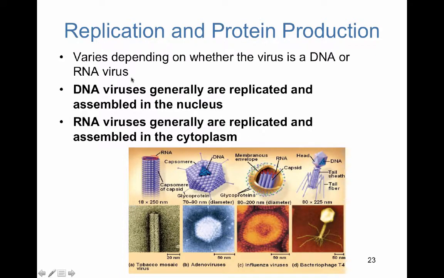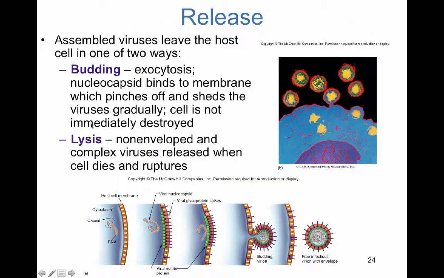So you might be wondering why this is the case. Well, remember, there's an added step here, right? For DNA viruses, you need to convert DNA to RNA first in order to synthesize protein. So you need the RNA polymerase, which is found in the nucleus, whereas you could just go right to the cytoplasm to start translating this RNA to protein.